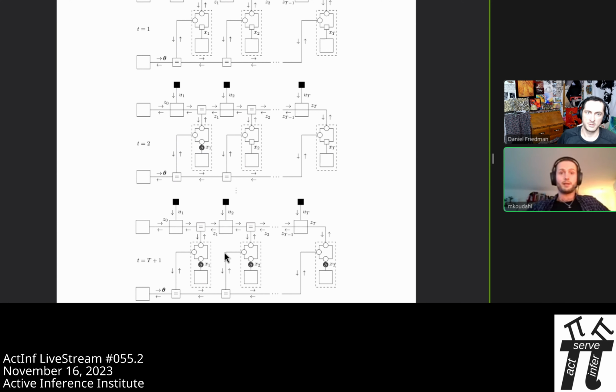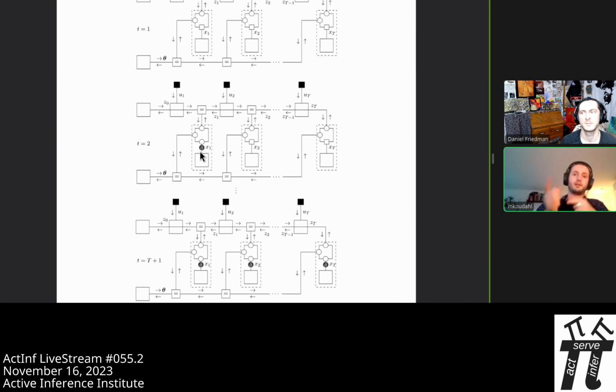Yeah, that's exactly what's happening. Beautifully, because as we get data, we're just saying, well, now I know that this variable in my graph that corresponds to my observation, I didn't know what it was before, but now I know that it was this value. So I need to put that observation into my inference problem somehow. My model is still the same. It doesn't change the structure of how I think the world works. Some parameters might have shifted, but the main thing that's changed is that I now have a data point that I need to add in. And you can do that by adding these little data constraints, we call them.